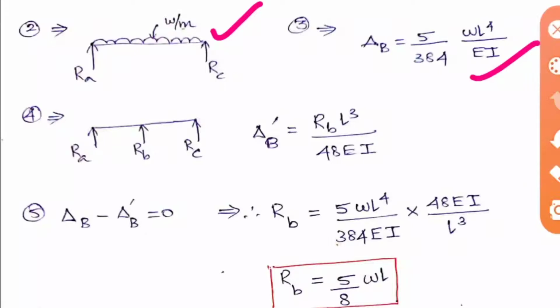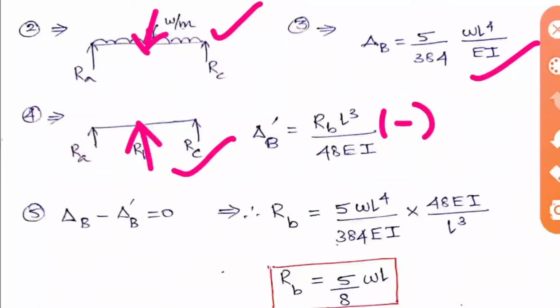You have to neglect the external load but consider only the redundant reaction. So I have removed the UDL here and I have drawn the redundant force RB here. In this case the deflection at B for a simply supported beam is RB L cube by 48 EI. Okay, if you see this, the second deflection is actually negative, because the UDL acts downwards, so the deflection will be downwards, but in the second case the load is upward, so the deflection will be upward, okay? So we can take plus and minus here.